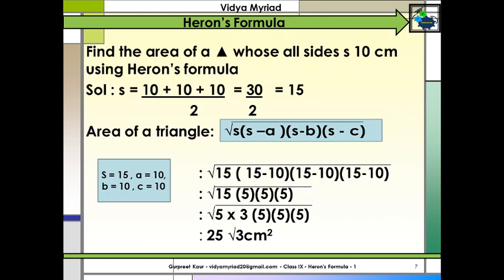So children, if you see, I have used 3 formulas for finding out the area of a triangle whose sides are 10 centimeters. And in all the 3 cases, you got the same answer, which is 25 root 3 centimeters square. Basically, why I have done it: you need to know how to find the area if the height is not given. If suppose in the question you are told to use the equilateral triangle formula or Heron's formula, you should know all the ways by which we can find out the answer.